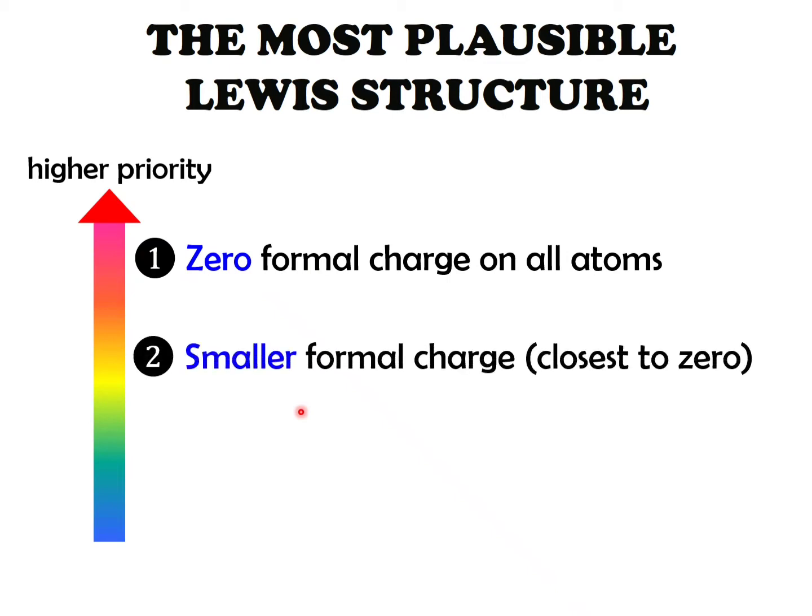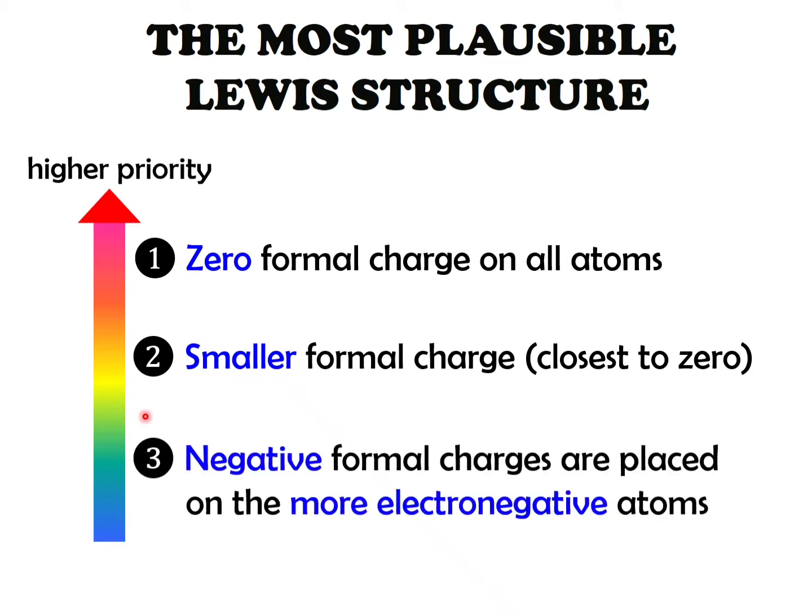Number 2, smaller formal charge. It means that each atom consists of a formal charge which is closest to 0. Sama ada dia ada positive 1 ke, negative 1 ke, itu adalah nilai yang paling kecil. Or number 3, kalau number 1 tak ada, number 2 tak ada, boleh pergi kepada number 3, negative formal charge. Negative formal charge maksudnya negative 1, negative 2, like that, are placed on the more electronegative atom. Maksudnya negative 1 tu berada pada atom yang lebih